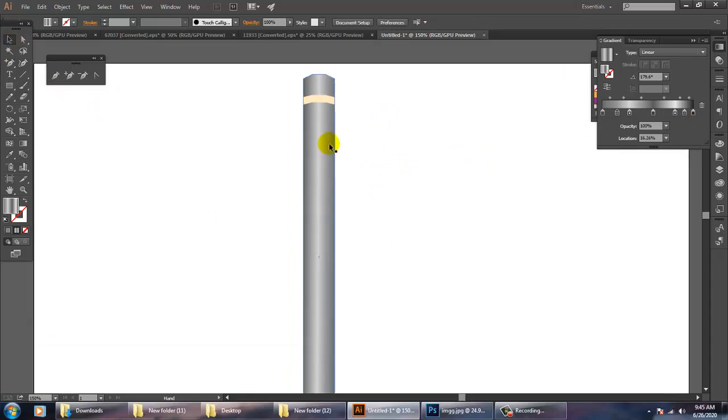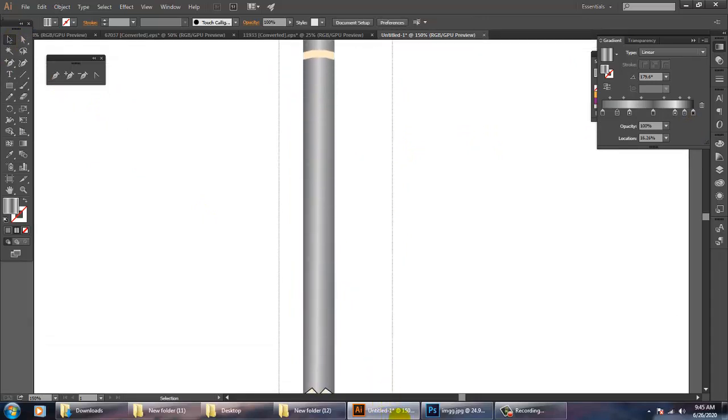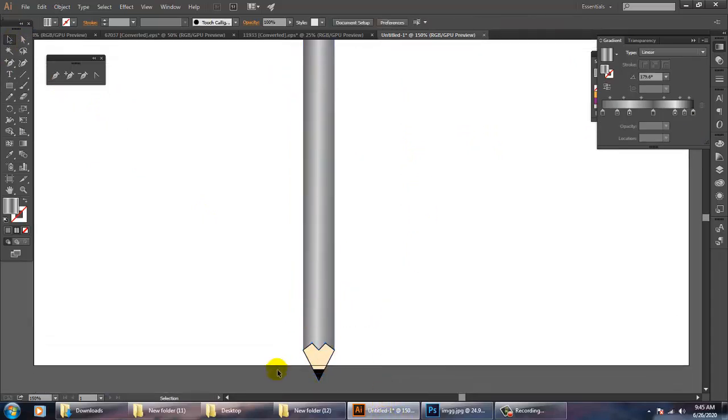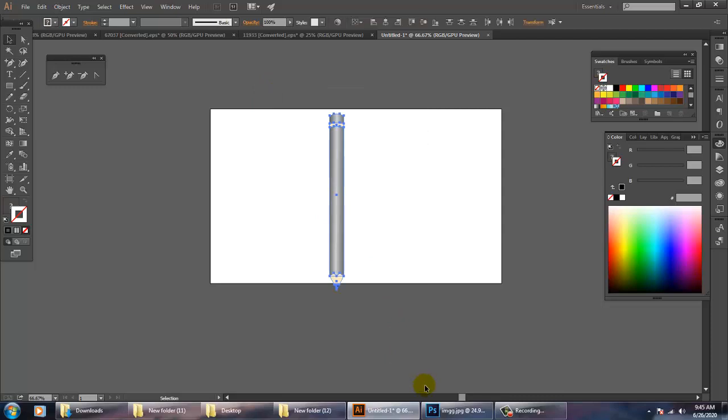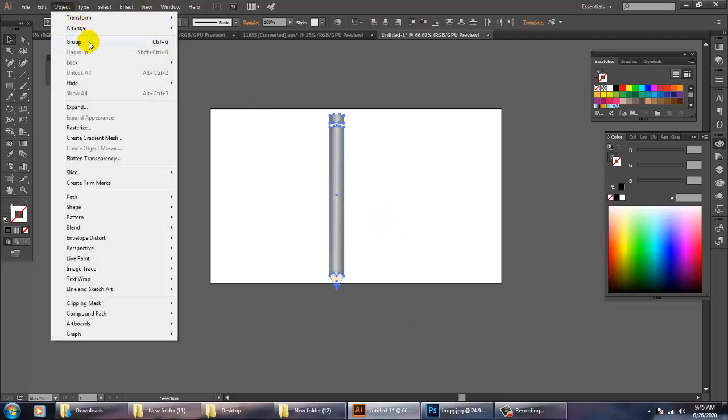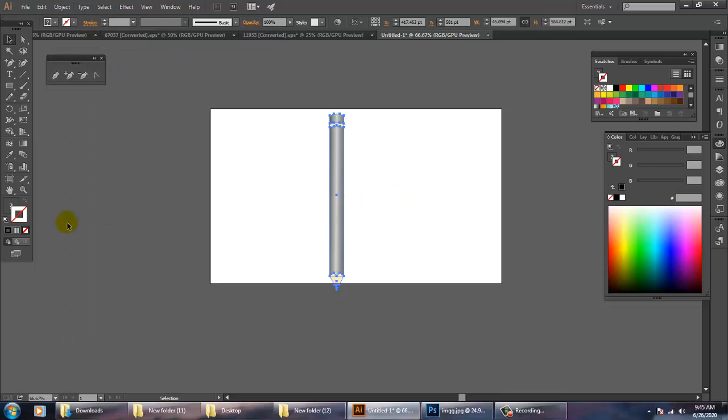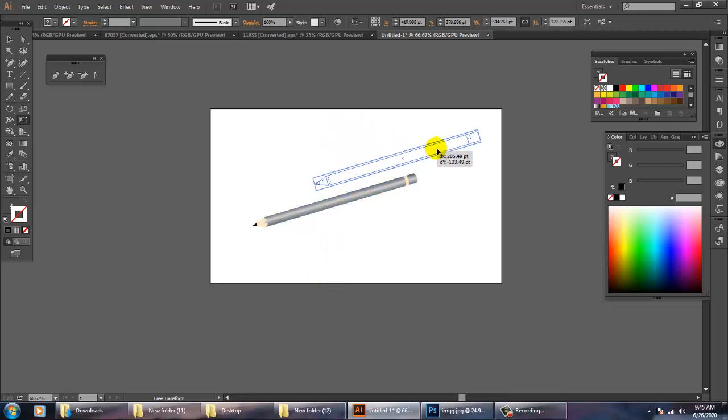Now I can just select this whole thing. I don't need this border over here, so I'll just remove this border. I'll select this pencil and I'll go into object and group it, Control G, and I'll just scale this pencil in this way.